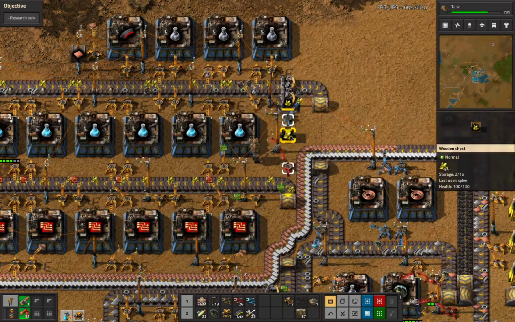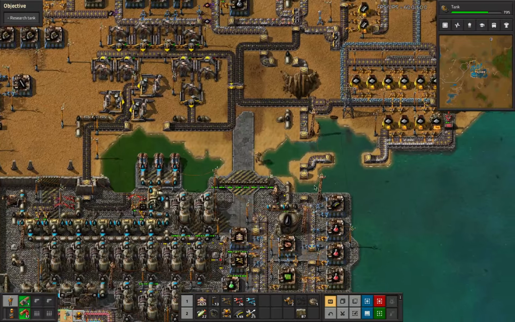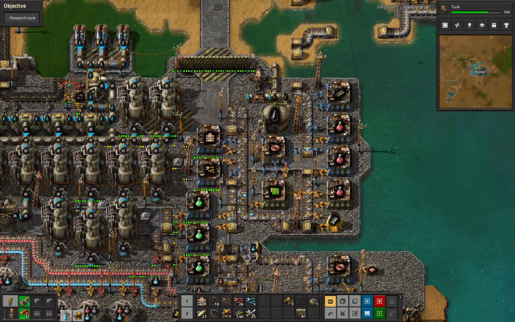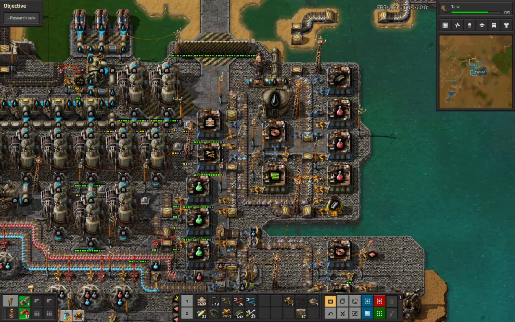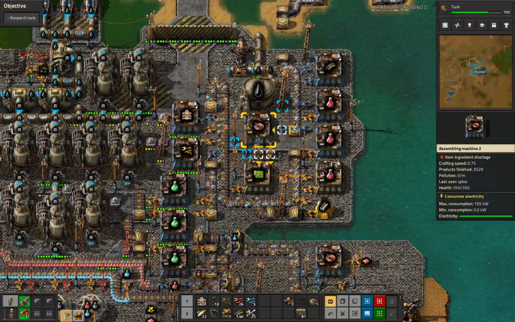I do need to bring up more sulfur though, okay, because one of the quirks of this is, like, I need to be taking things off this belt so it looks kind of like this, because if this belt backs up, then the entire thing kind of dies. Why don't you have...